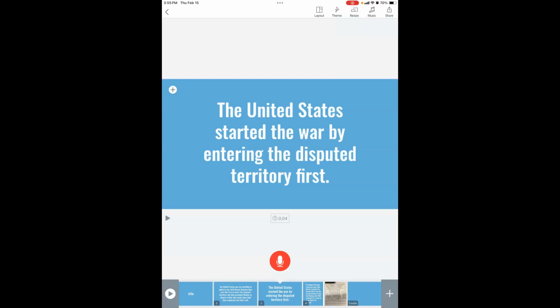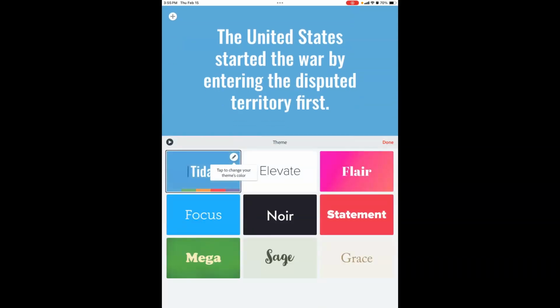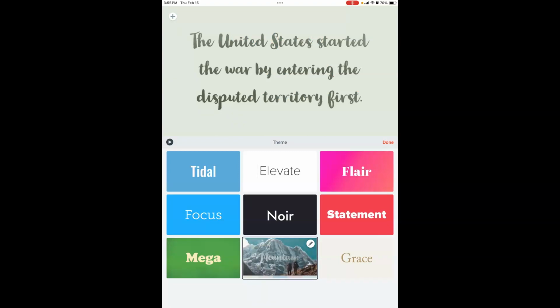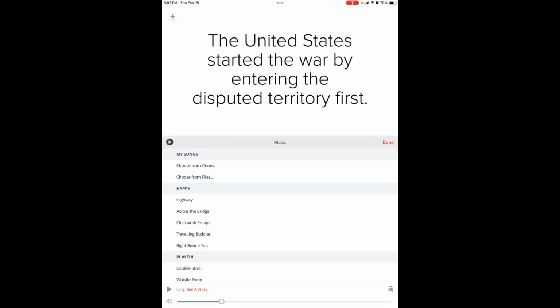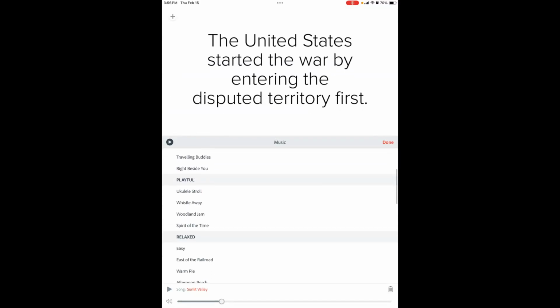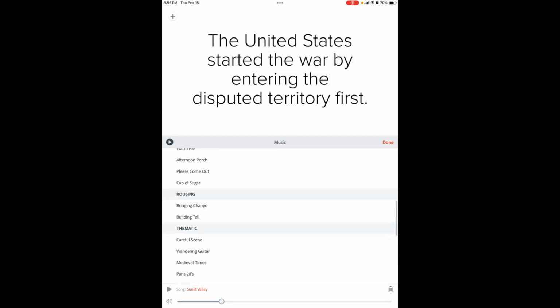After all that is done, then you can change colors by changing the theme. You can try different themes. That one's a little hard to read, so I would avoid the cursive writing because that can get very hard to read. The layout we already messed with. The music. Maybe you don't like that automatic music, so you can look through and choose what music you want